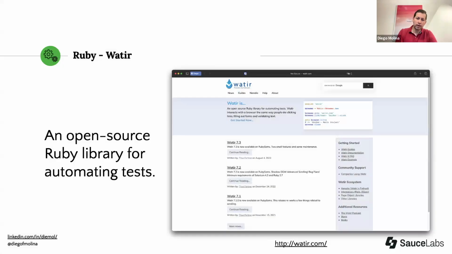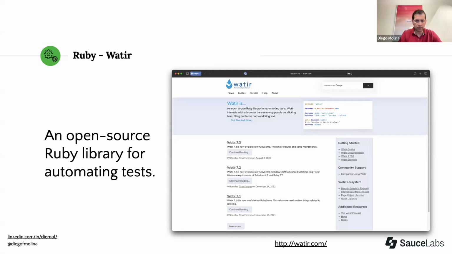If you like Ruby, Watir is one of the best frameworks out there. This framework existed already before Selenium was created, so it's older than 20 years old. And that only means that there is a lot of good knowledge for you. Instead of you figuring out everything on your own, writing all that code on your own to make your test suite work better and faster and reliable in a remote configuration when you're using Sauce, basically, you can use a framework like this that has all this knowledge to make it work in a swift way, either locally or remote. So it's a great